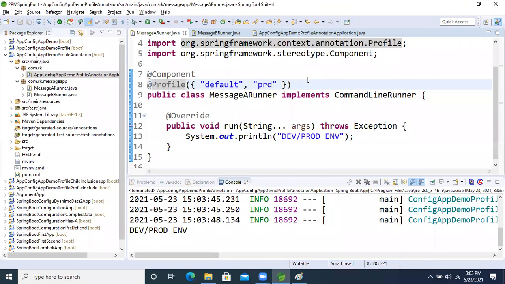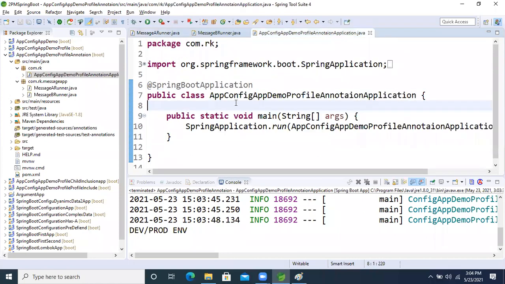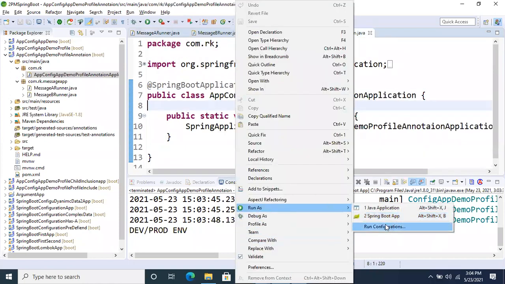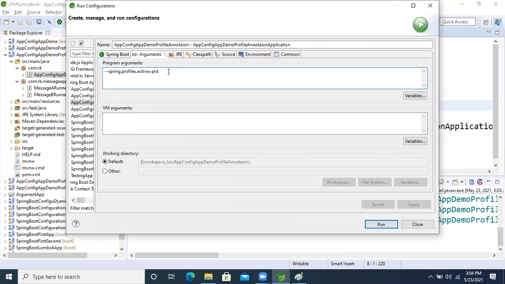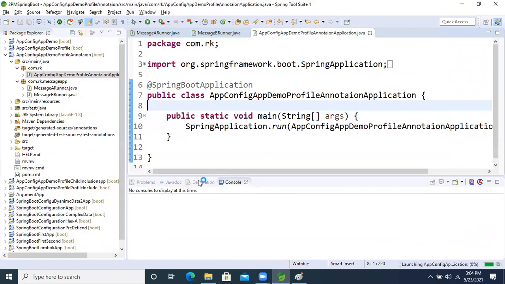If the key is not matched, it should run this logic. Okay, why is it not running? That is the problem.